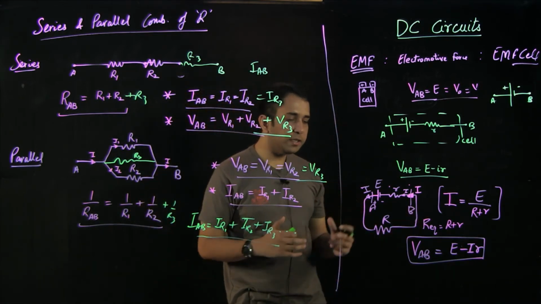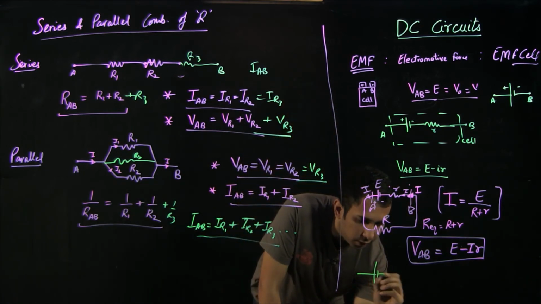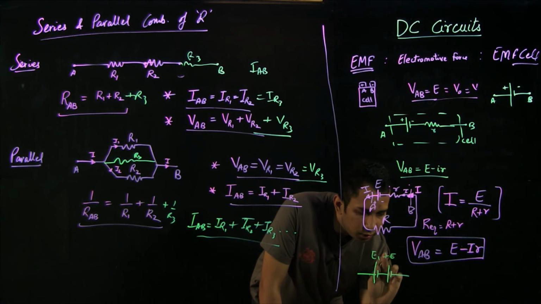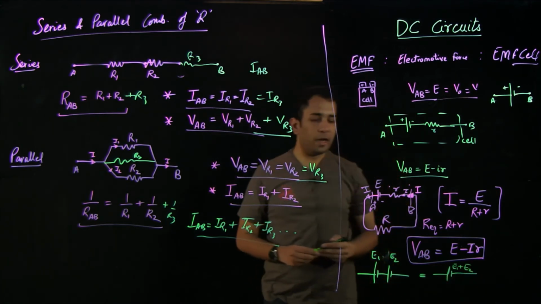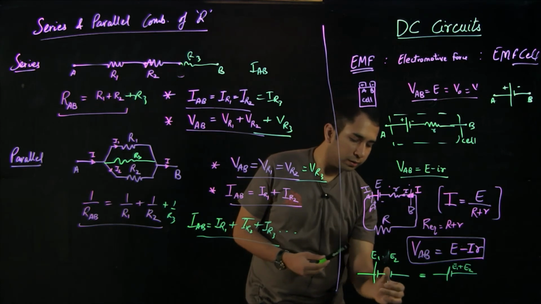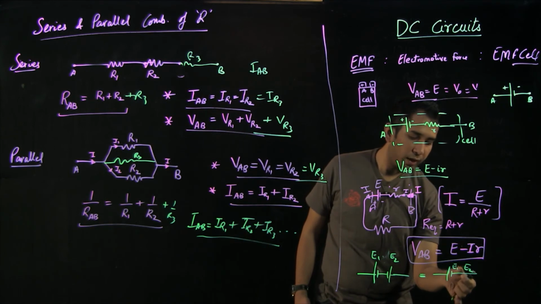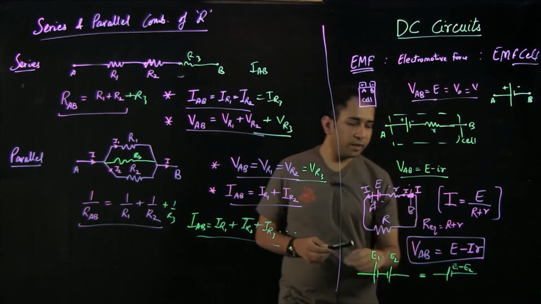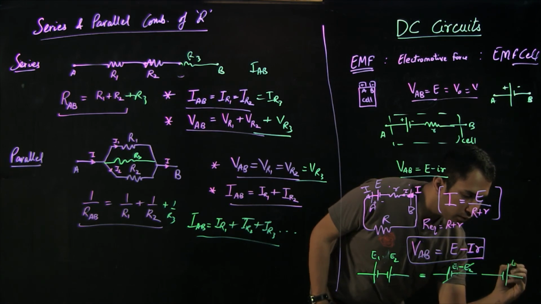There can be certain cases in which we are given multiple cells in a circuit. So let's say I have a cell here and a cell there, E1 and E2, then the net EMF can be written as the sum E1 plus E2. Similarly, I can just flip this cell, so instead of this I can have this, and I just need to flip the sign here as well. But E2 can be bigger than E1 as well. Then it won't be this, but it will be this.